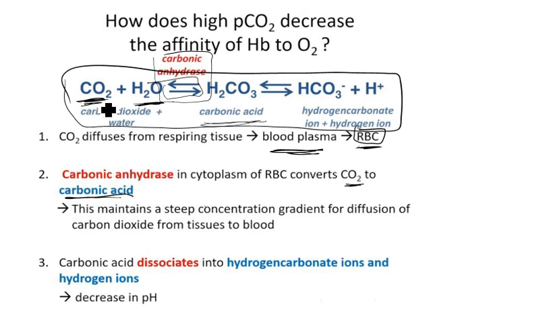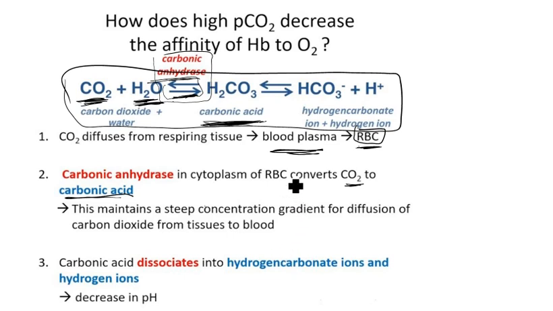So CO2 plus H2O undergoes this process using the enzyme carbonic anhydrase, and it is converted to carbonic acid. This maintains the steep concentration gradient of diffusion of carbon dioxide from tissue to blood. We talked about that before. After that, carbonic acid dissociates. Carbonic acid comprises hydrogen, carbon and oxygen, and it dissociates into